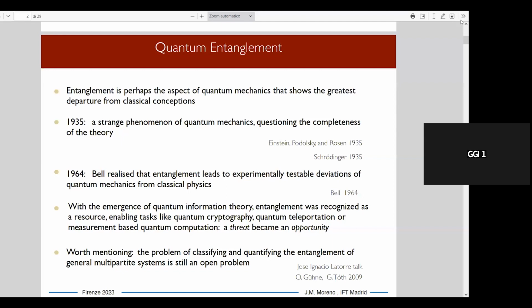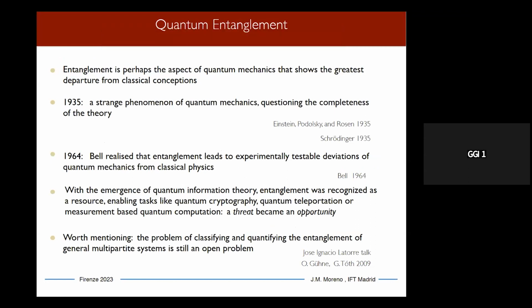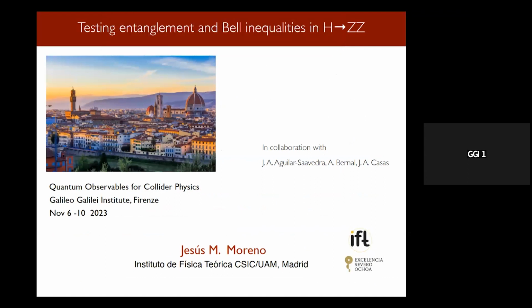So we are here because we hope that perhaps the same could happen when applying this entanglement analysis to LHC physics. It could provide a new way to analyze or to extract information from LHC data. For example, we saw in the previous talk a motivation to analyze a particular channel in Higgs decay, and the other way around, LHC data could perhaps provide new ways to test principles of quantum mechanics.